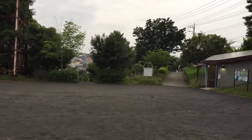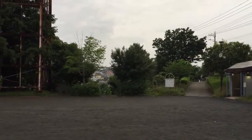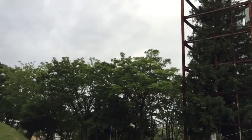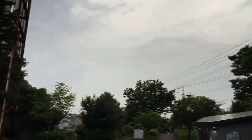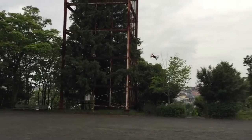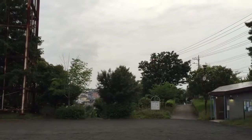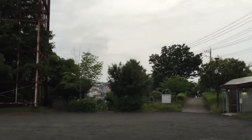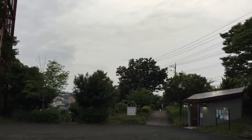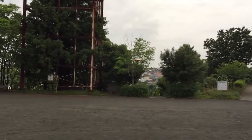I'm flying full forward here to give you an idea of how it flies in full forward pitch. This is just constant full forward pitch. I haven't taken that out of full forward pitch for like a minute now. For a camera quad type thing, it's not too bad. But I really can't see why you'd get this one over the